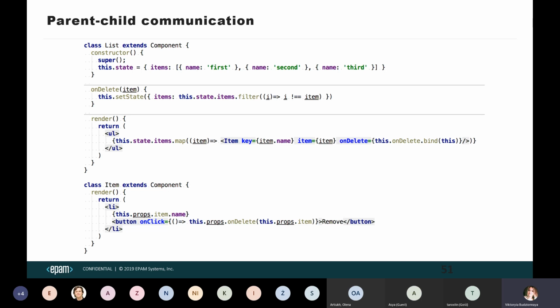We simply pass this method, bind it to the child, and call this onClick. And this works. This works because we have closure here. This that we bind it in list onDelete is like closed in function onDelete. So we won't lose it when we pass it in props. And simply calling it in the child onDelete gets this of parent and sets some value that we pass